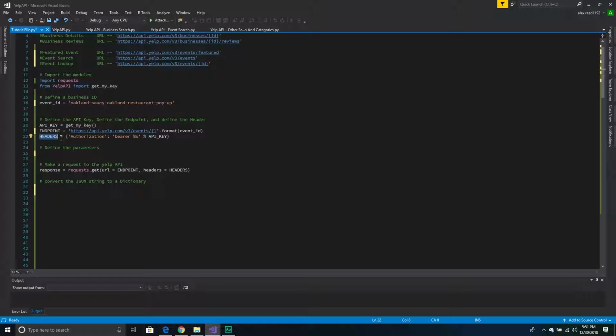So when I make my request, I can send along some metadata. And this metadata I can use to basically authenticate myself when we encounter the API. And so how we do that is we create a dictionary. We define the key as authorization, and then we pass through our API key. So we pass through bearer, and then we put a little placeholder, and then I populate that placeholder with my